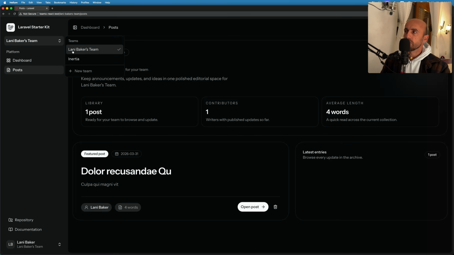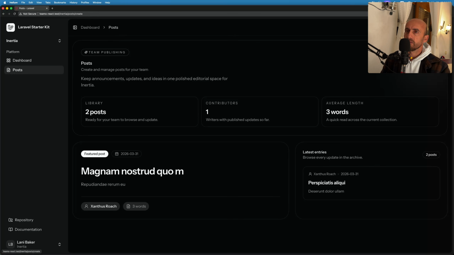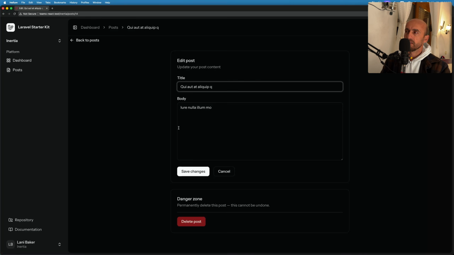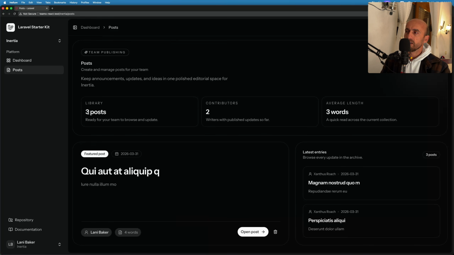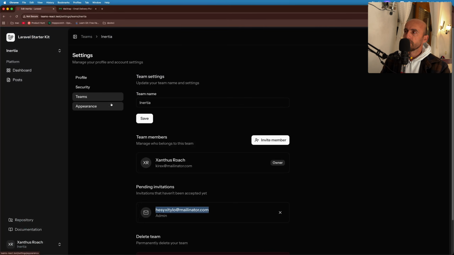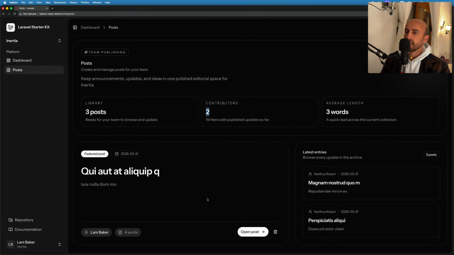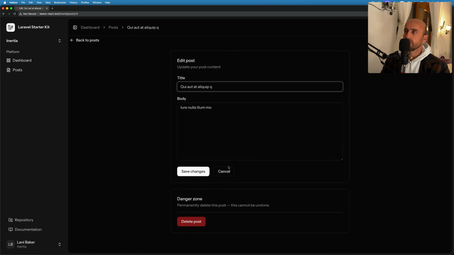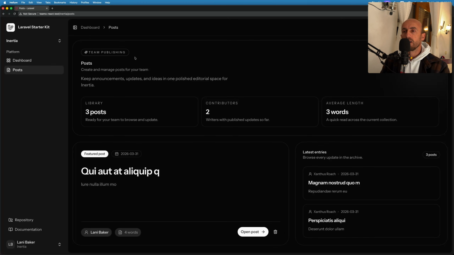But what if I choose Inertia here and create a new post? Let's use a fake filler, save, back to posts, and now we have three posts here inside the Inertia theme, two contributors, two users, this one and also this user here. And now we have two posts here in the latest entries. We can only see them, but this one, because we created this post, we can open, delete, update, and so on. Okay, this is how we can work with CRUD